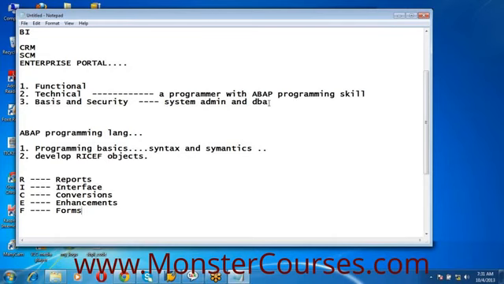Conversions. Conversions are data load programs. You want to load some data from the legacy system into SAP. Large volumes of data need to be loaded. So you write big programs which will take this data from the file and keep running and posting all the data into the system. Enhancements. Enhancements are generally used when you want to enhance the standard SAP process or the standard SAP flow to introduce custom changes or custom logic changes into your standard SAP applications.